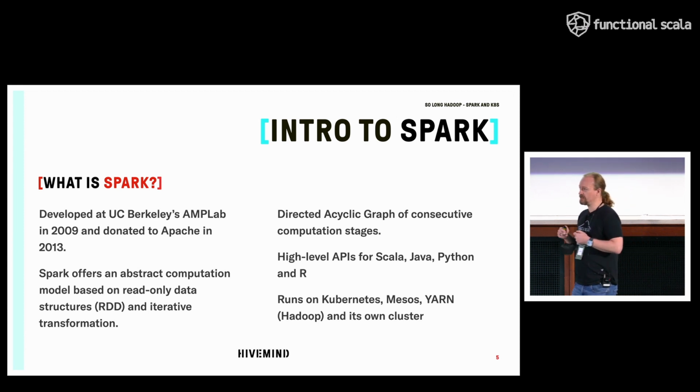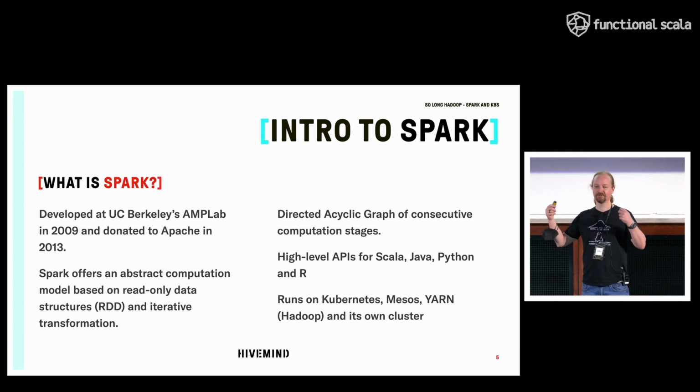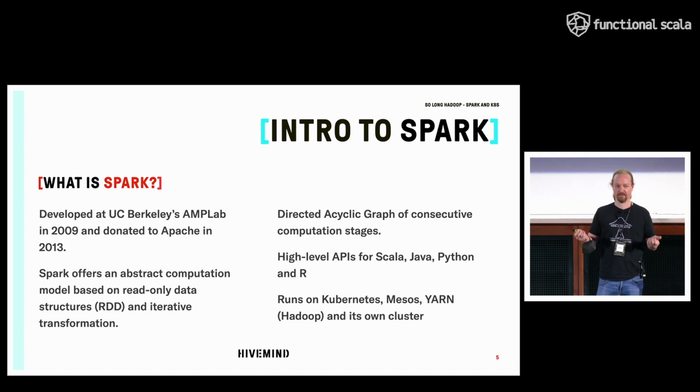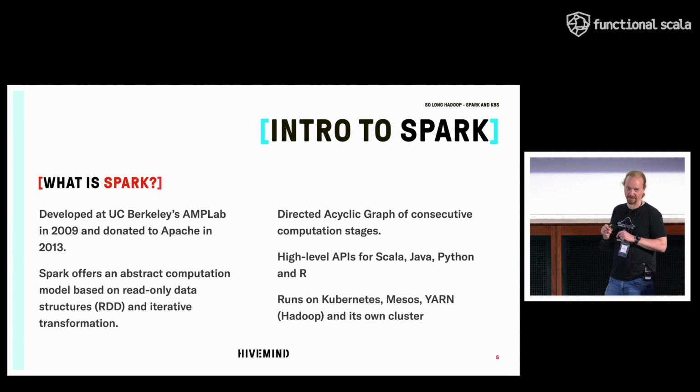And the other bit that was also interesting is that the folks that wrote Spark said, okay, this is going to run on the MapReduce infrastructure on Hadoop, because that's the obvious choice. But we actually also want to make it possible to run Spark on different clusters. They wrote an implementation for Mesos. They had a little standalone cluster. And eventually, Kubernetes was also adopted much later. And this is actually what we're going to talk about today.